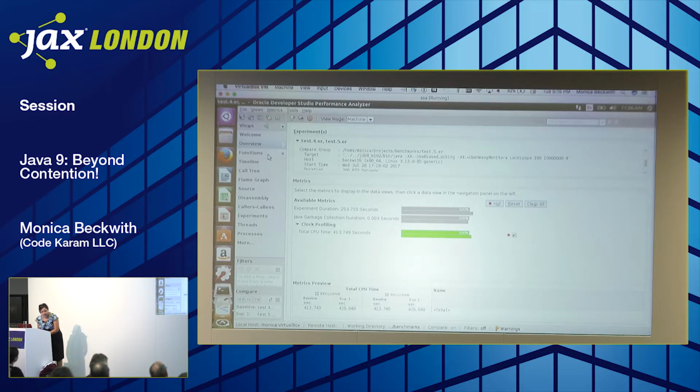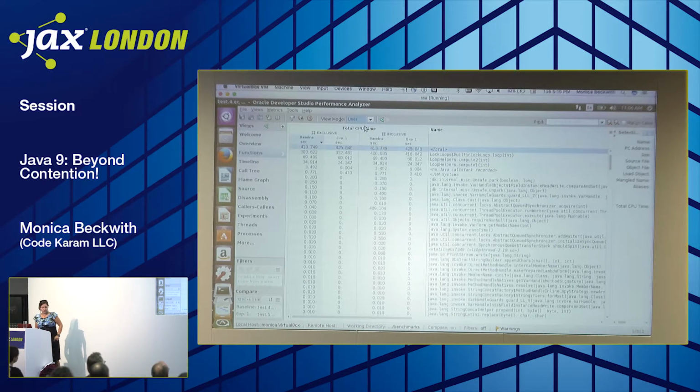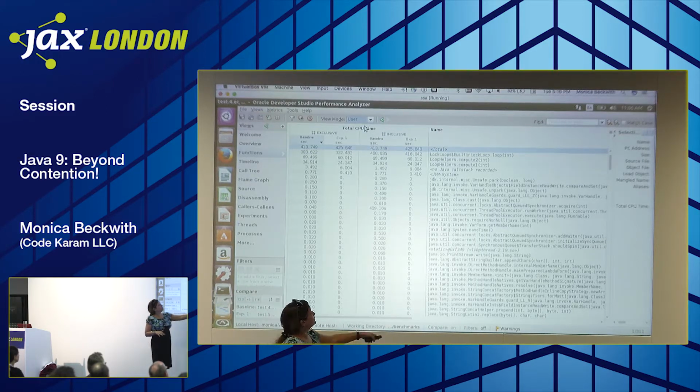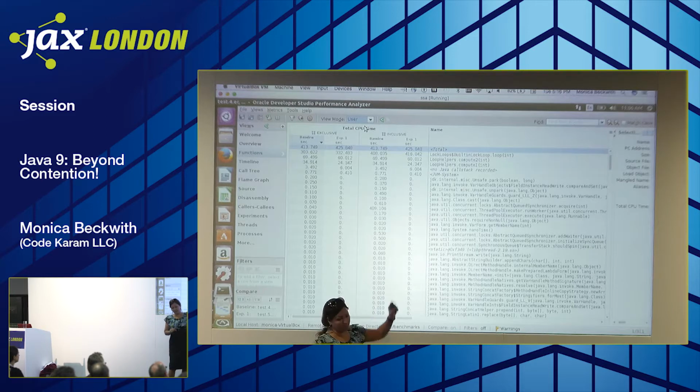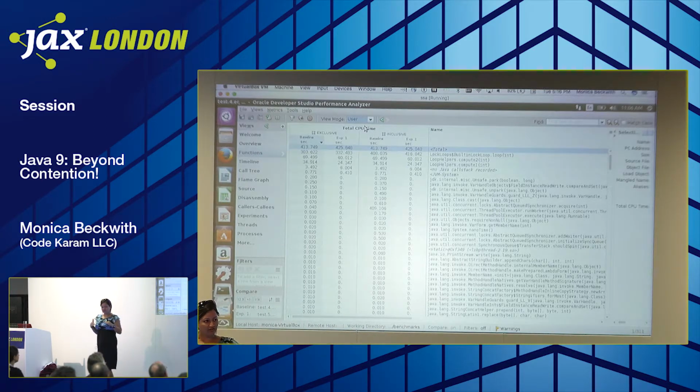Now let's go to the functions. By default, it'll show up as user mode. User mode is basically your Java application functions. It'll show all the methods that you had. As you can see, there's something called static, and something called JVM system. It doesn't show those right now because, as an application engineer, you're interested in looking at just your application functions.